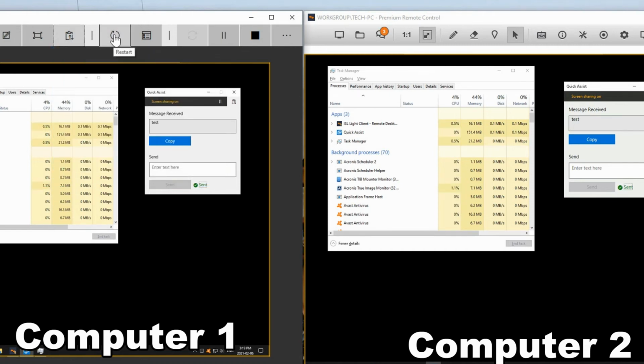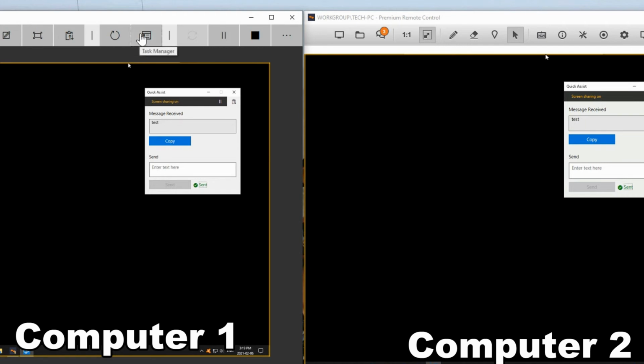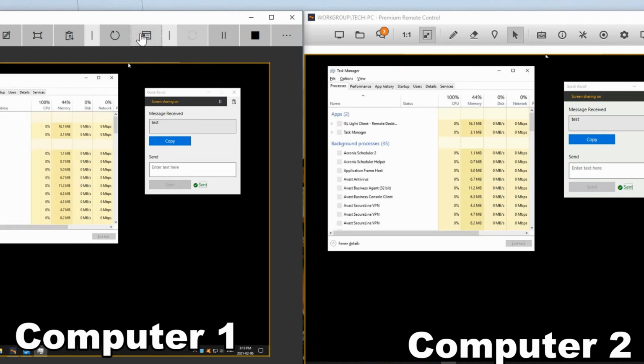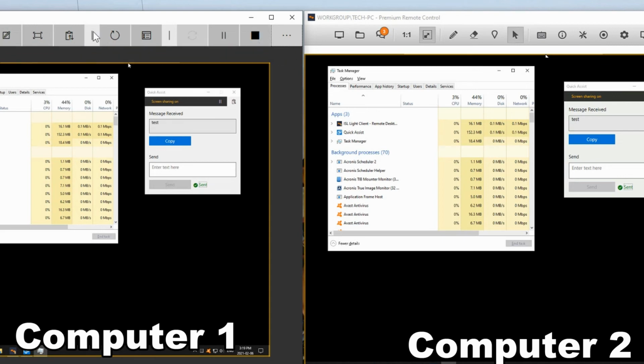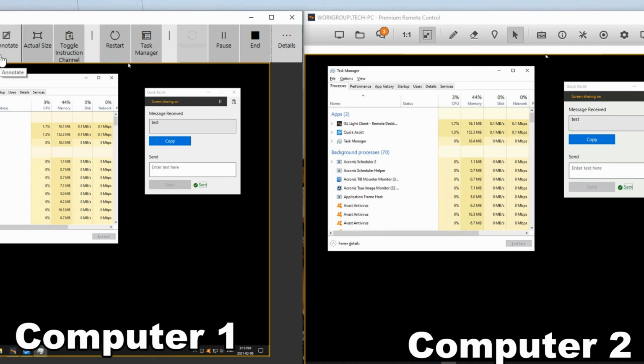There's an option here to restart the computer. There's a task manager, which we've already got open, but we close out of that, click the button over here. It's just another way of launching the task manager. And if you lost a connection, you can reconnect here. You can pause your connection or end it, and that just gives you the details of what everything is rather than just looking at pictures. So it'll actually describe everything for you.